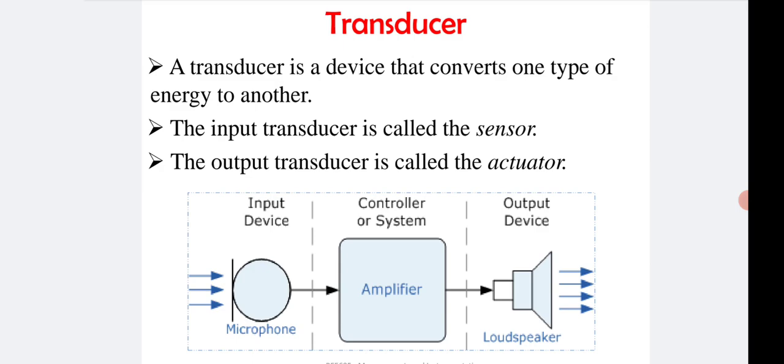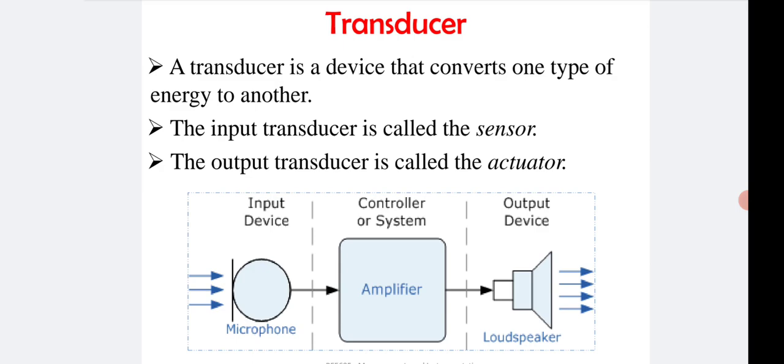Next, this electrical signal is given to an electronic device known as an amplifier. This amplifier is used to amplify the signal. Whatever electrical signal you have got as output from the microphone will be amplified by using the amplifier, which increases the strength of my signal. Once the strength of the electrical signal is increased, the output of my amplifier is given as an input to the loudspeaker.